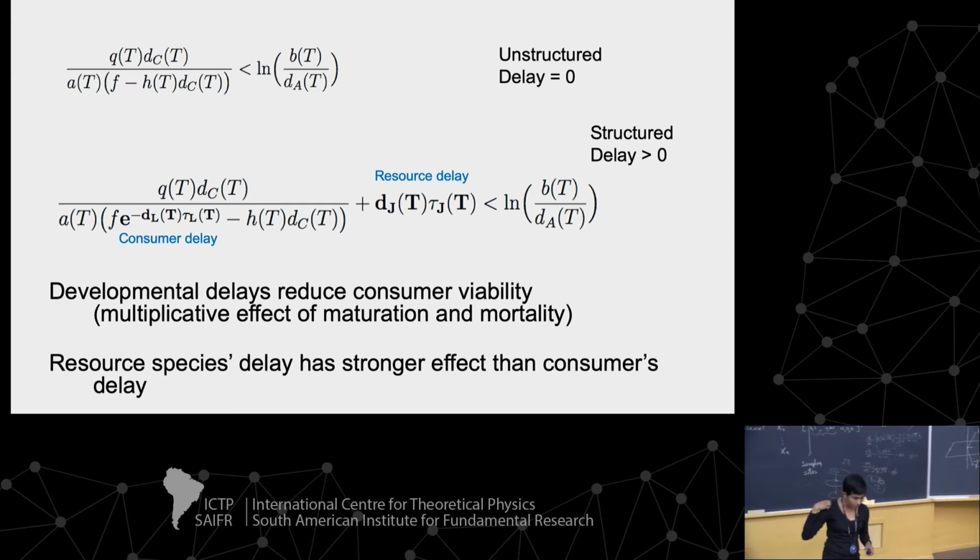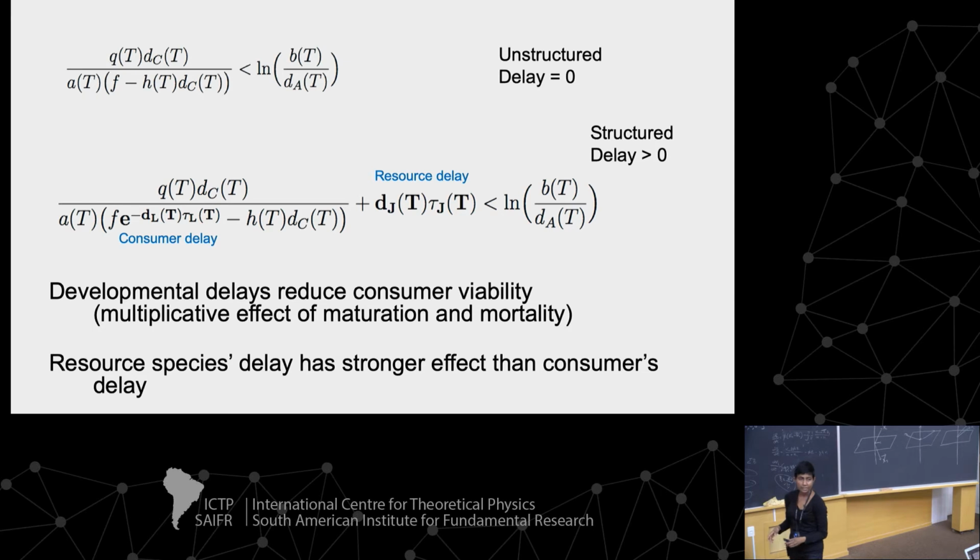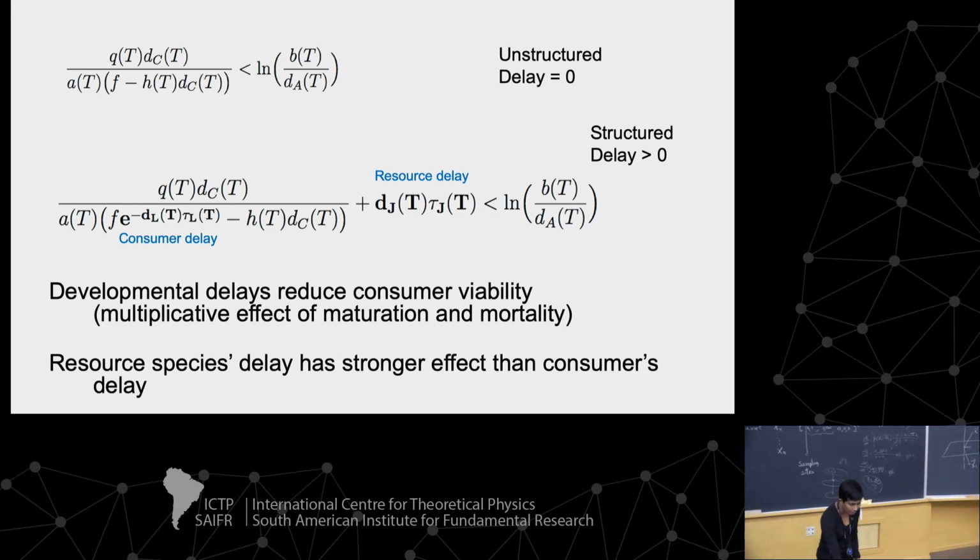So now, having discovered that, we want to ask, let's look at these functions and try to understand how temperature affects them. Because you can see there are products here, this product is what matters, the multiplicative effect of juvenile survivorship and mortality. So be mindful of that, because that's going to